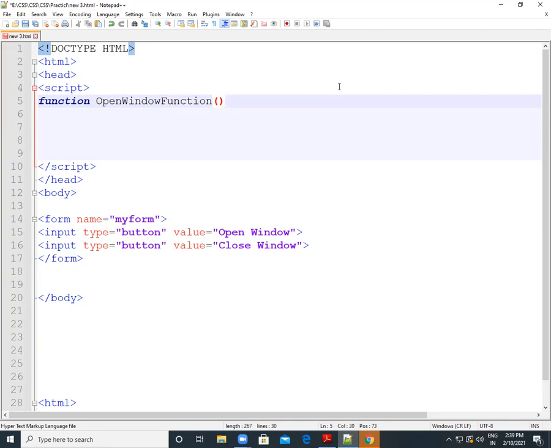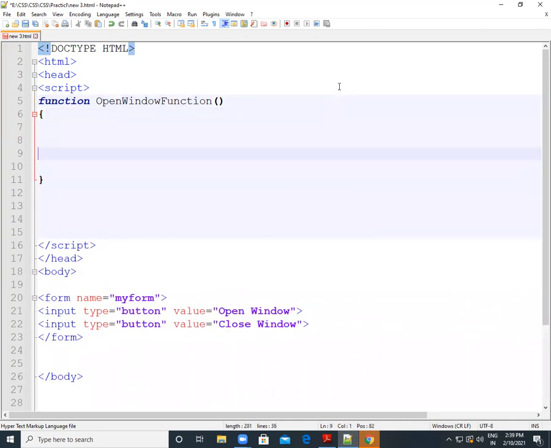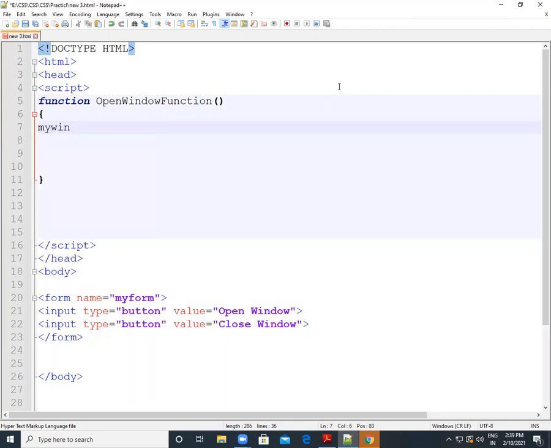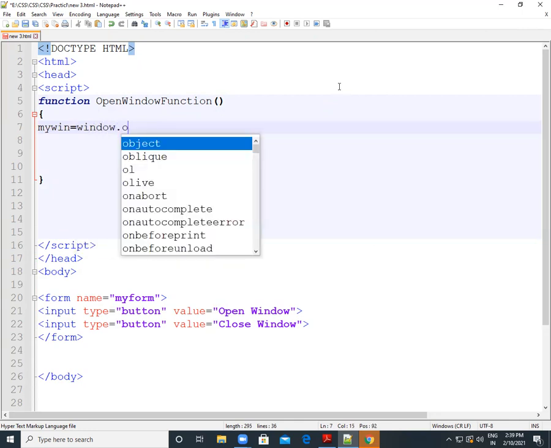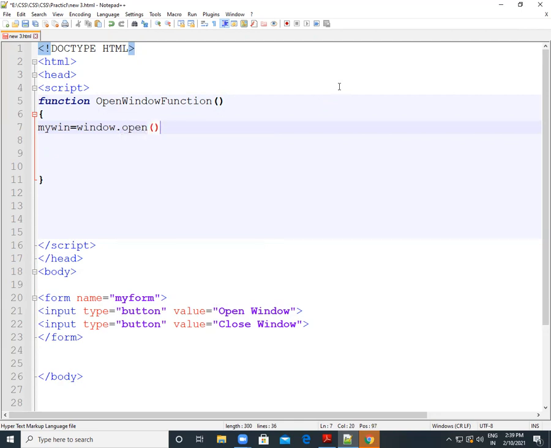Okay, this is our first function for opening the window, correct? Now, in that function, we will write my win equal to window.open function for opening that window.